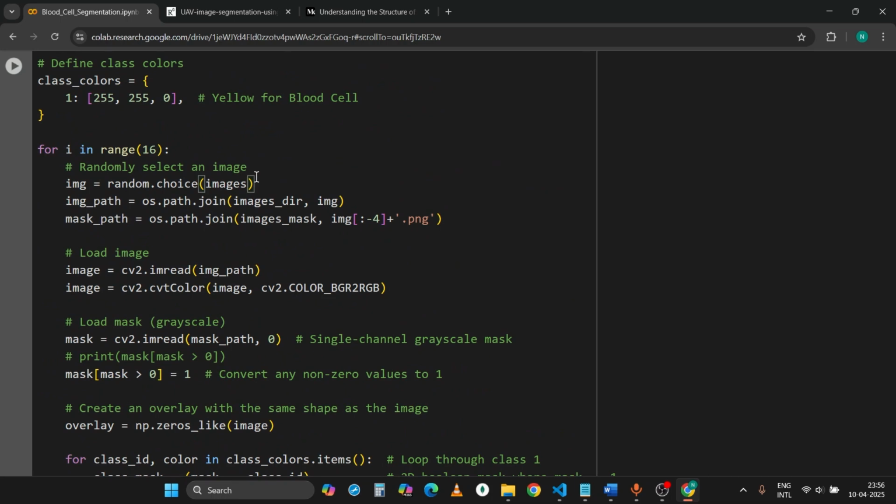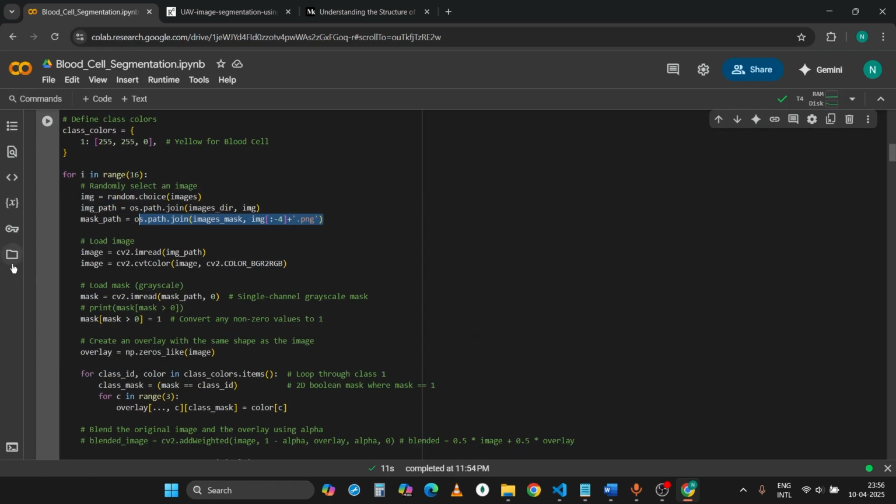Now choose any random image from the image directory. Now we have to create the image path for opening that image. Now for the mask, make sure, when we use a dataset